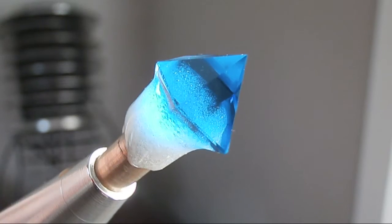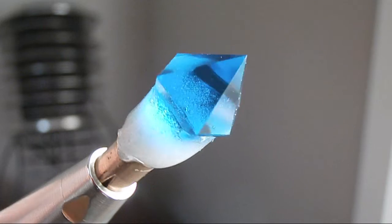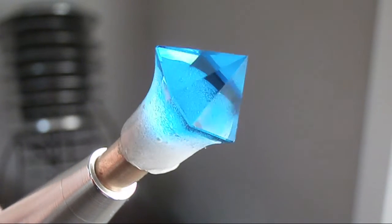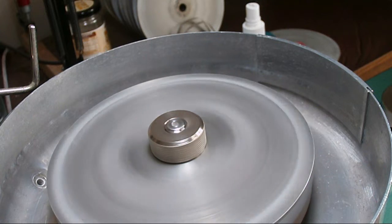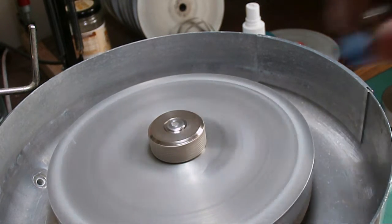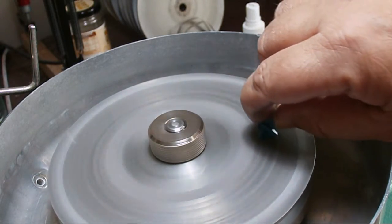Now the first set of crown facets have been pre-polished, and I'm going to do something totally different than I did last year when I cut the freeform design. I'm going to actually do a final polish on what we call the C1 first tier crown facets. To do the final polish on the C1 crown facets, I'm using my tin lap and I'm using a 50,000